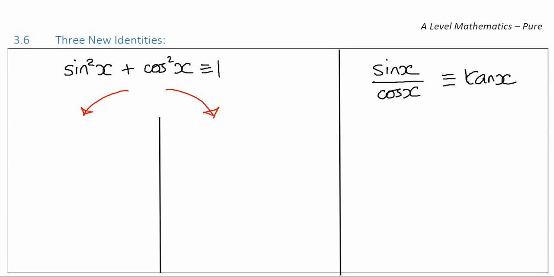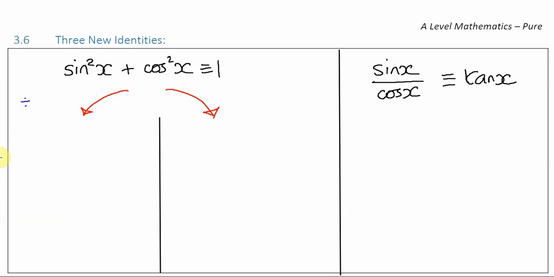Right then, three new identities that you will use in A2 Maths in trigonometry. Starting off with the two from AS Maths, which I've written on the screen already. If we take the sine squared x plus cos squared x equaling 1 identity, and if we divide